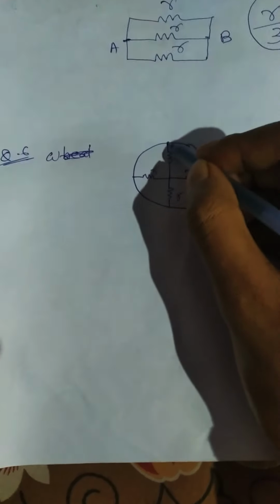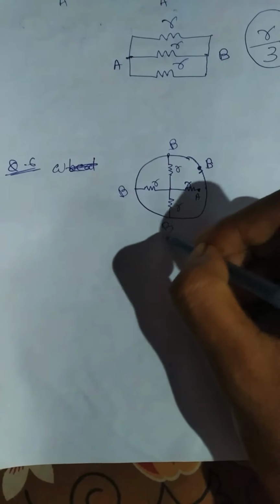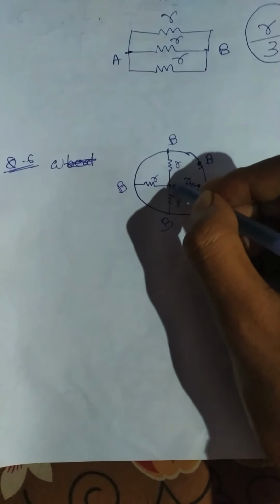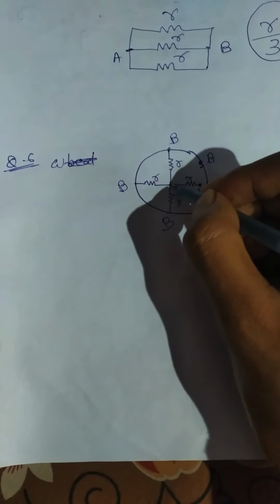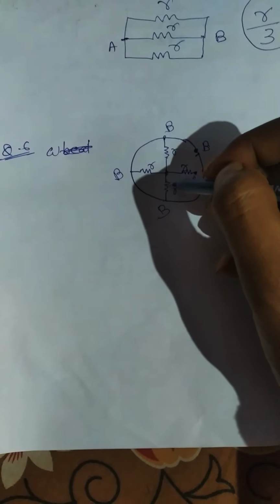Okay. Then next, find the equivalent resistance between A and B. This is B point and this will also be B point. This is also B. This is also B. This is A point, so this will also be A. This is not A or B because there is a potential drop in it, and there is also a potential drop in it, so it is another point, suppose X. So we get 3 points: A, X, B.